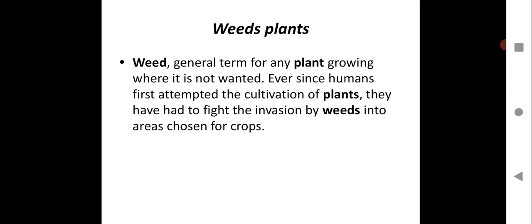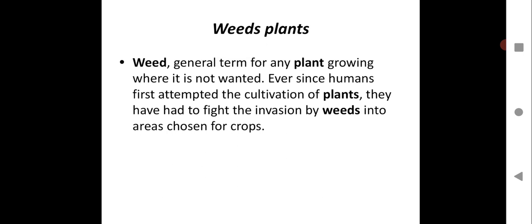In a crop, like when you have a crop of watermelon or a crop of pea plant, you will have weeds all around, which are not required. They actually compete with the plants we want, with the crops which we are growing. Along with that, some unwanted plants will grow. These are unwanted plants which will not give you any benefit, no flower, no medicinal value. They just grow naturally and cover up the whole area, and they compete with the other plants for food and water. They cover a larger area in the forest and in the crop field. You must have seen lots of greenery when you go to villages.